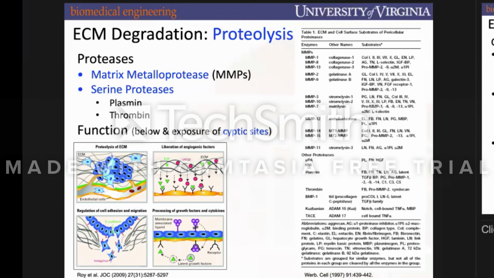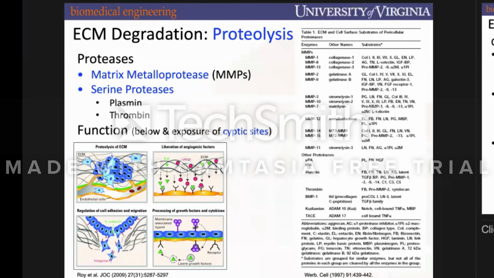Another class are serine proteases, plasmin and thrombin. So these are really important for clotting. You might recognize thrombin from the clotting cascade, but plasmin helps to dampen the effect of thrombin to help balance it out. And so if you can imagine in a wound, again, if you get a cut, the fibrin clot, it's kind of like